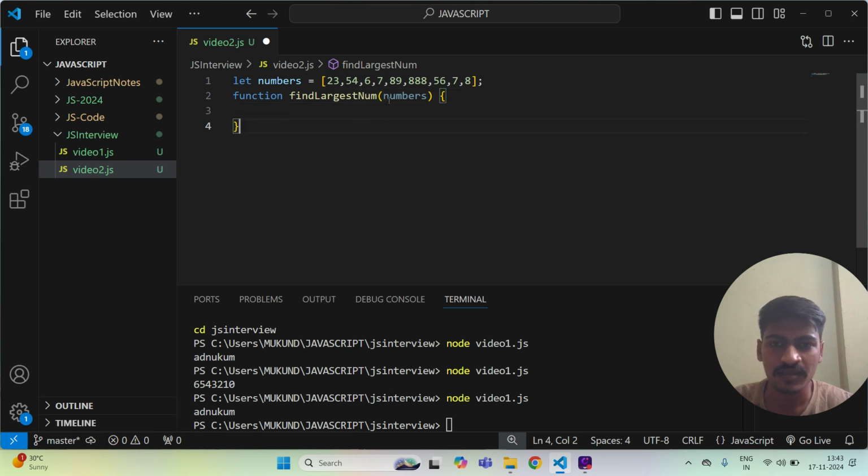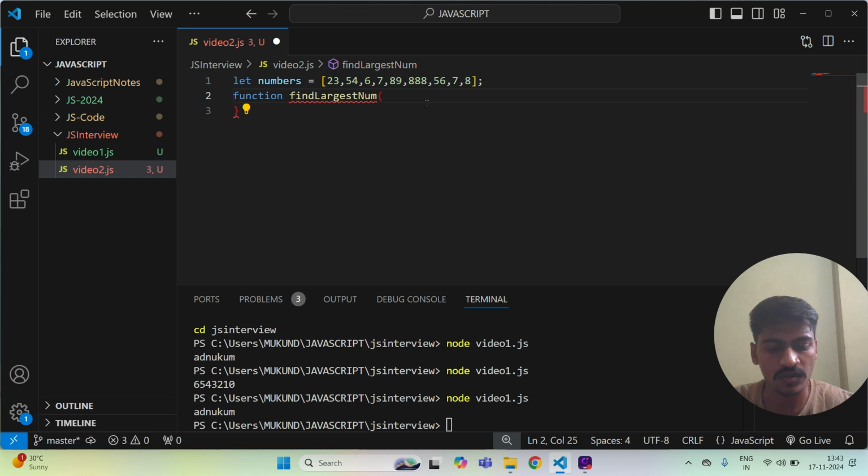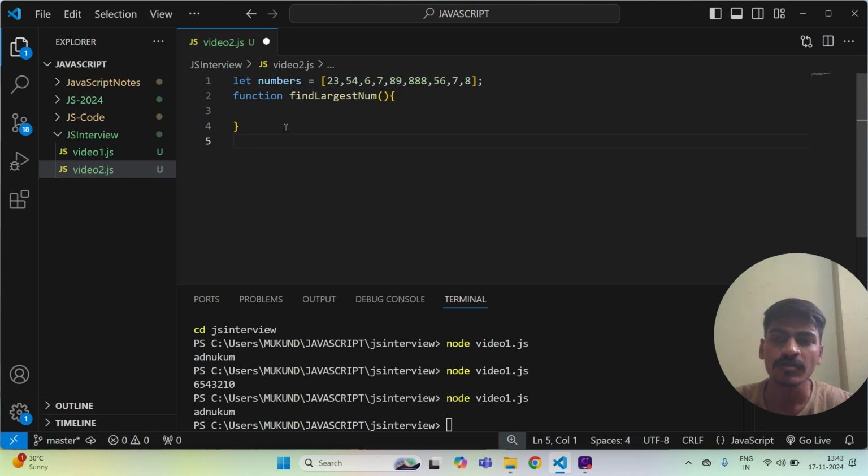I guess we don't need to pass any params here. So we have to find the largest number in the particular array. For that purpose, we are returning one function.